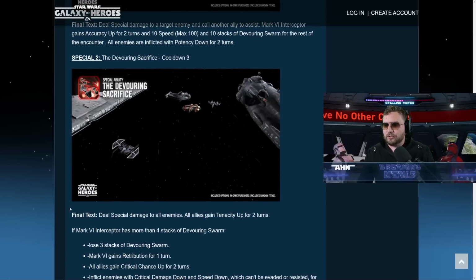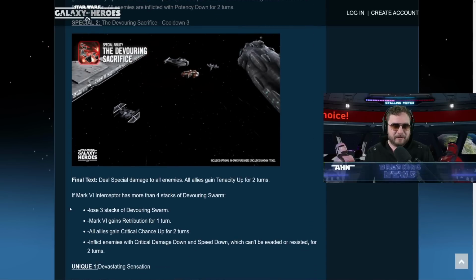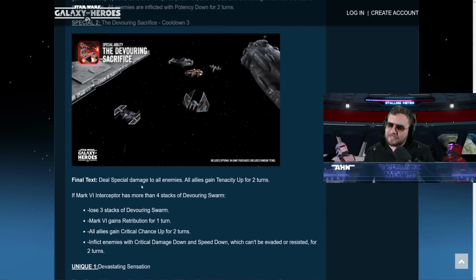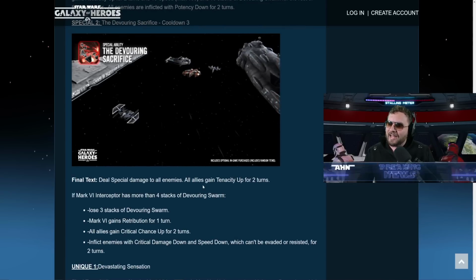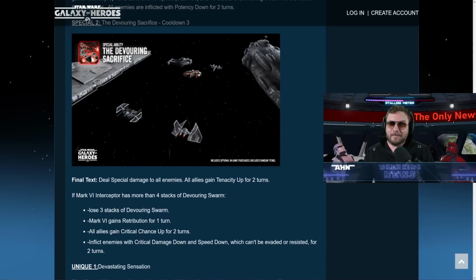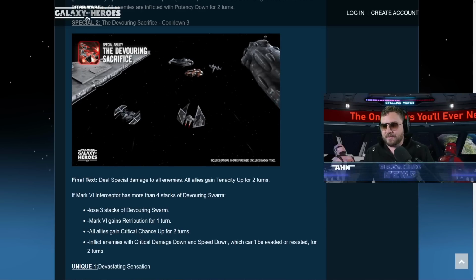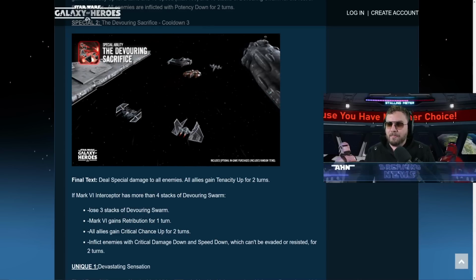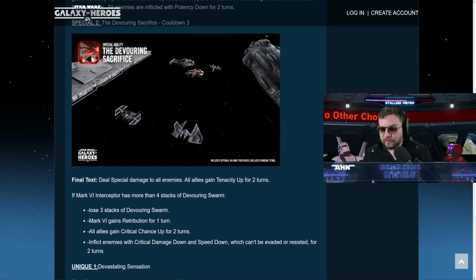We have a second special on this ship, and it does a couple things here. On the Devouring Sacrifice, cooldown of 3, deals special damage to all enemies. All allies gain tenacity up for 2 turns. And so it's going to be hard trying to apply breach and stuff like that. If Mark VI Interceptor has more than 4 stacks of Devouring Swarm, you're going to lose 3 stacks of Devouring Swarm. Mark VI gains Retribution for 1 turn, and